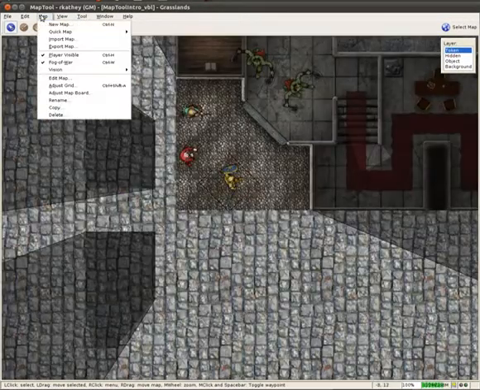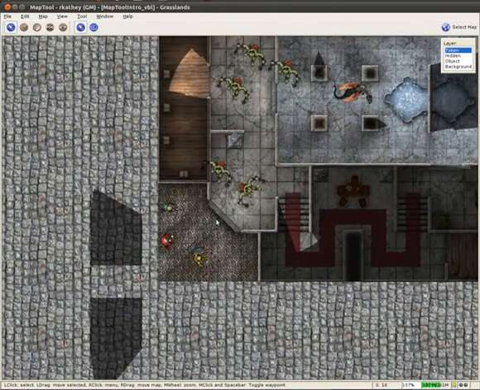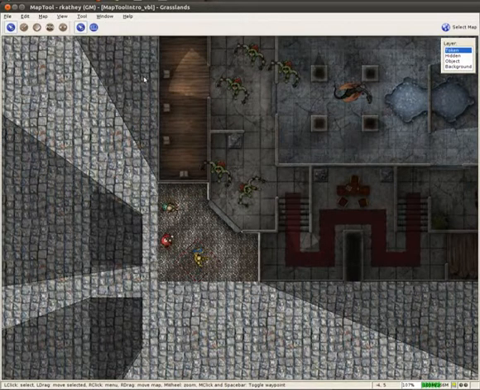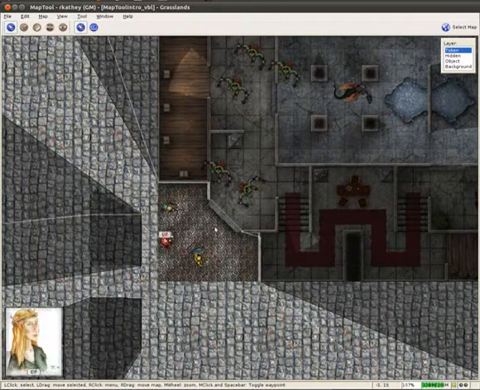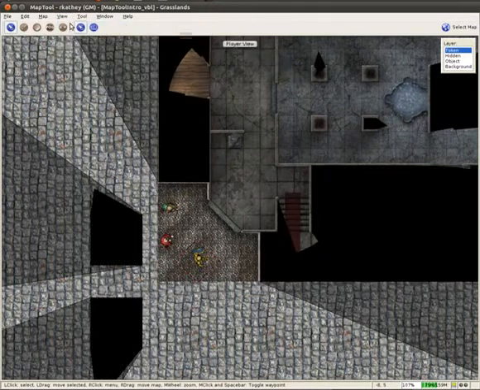The other place that affects vision is whether you have your vision turned off, day or night. Off means that the characters will see anything that has been exposed from fog of war. So in this case, if I had it off and we'd already exposed this section of the dungeon, then they would see the trolls there. If I set it to day, they won't see what's hidden from them by VBL, but their vision goes out to their maximum distance. So if I switch to player view, you'll see they can't see the trolls until they enter